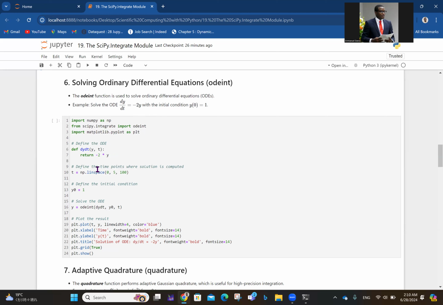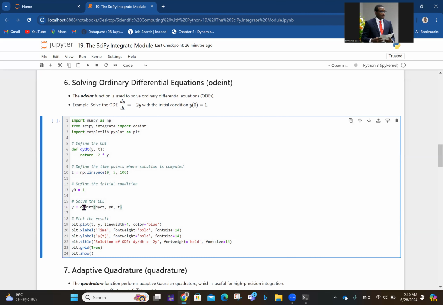So in line 10, we divide 0 to 5 into 100 equal parts. And then the initial condition, that's the initial value of y is 1, okay? And then line 16 is where the actual thing is happening, where you see the function working. All the odeint, the y dt that has been defined up here, together with the initial condition, and then the independent variable, right? And then, once that is done in 16, the result is visualized here in form